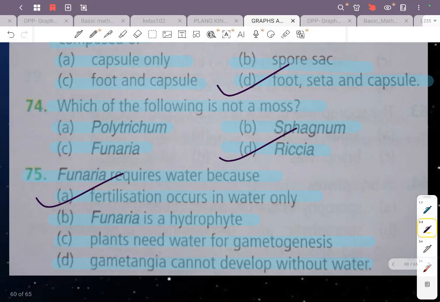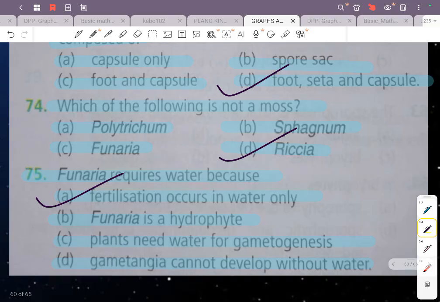Now see, I really found framing of this question a bit weird personally. Why is it so? I'll tell you. देखो अगर मैं बात करूँ यहाँ पे fertilization की, तो fertilization bryophytes में होता है. It's like we have the biflagellated or the motile anthrozoids which require a thin film of water to travel to the archegonium and they eventually fuse with the egg which is present within the archegonium and fertilization occurs within the archegonium, right. It occurs within the archegonium, right.